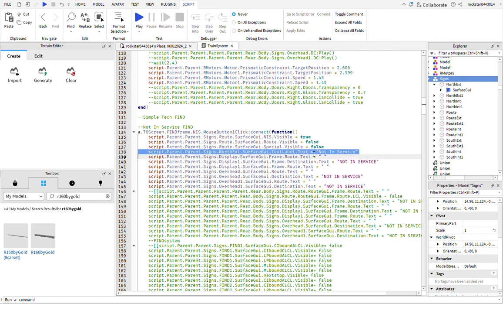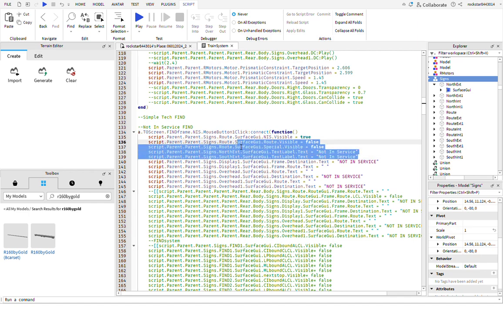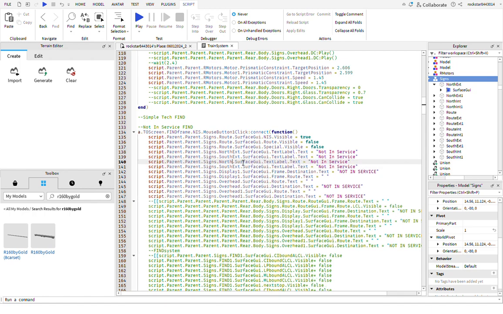We're only gonna be scripting one of the signs though, because we're only gonna be scripting one of the signs. And then, yeah, that's how I'm gonna do it. I don't know if that's how it would look, but